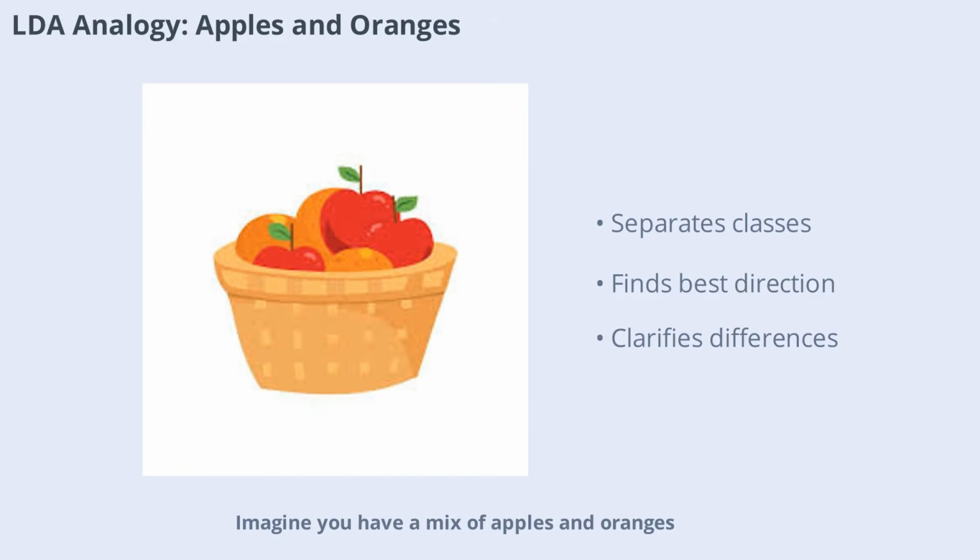Imagine you have a mix of apples and oranges. You want to draw a line that best separates them, making it easy to tell which is which. LDA is like finding the perfect line that puts apples on one side and oranges on the other, even if they overlap a bit. It finds the best direction to look at the data so that class differences are most